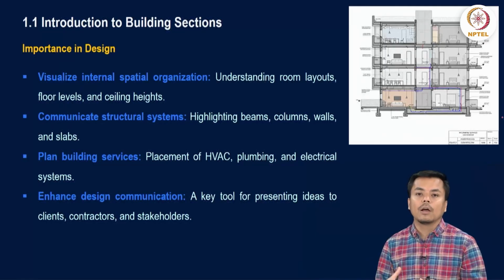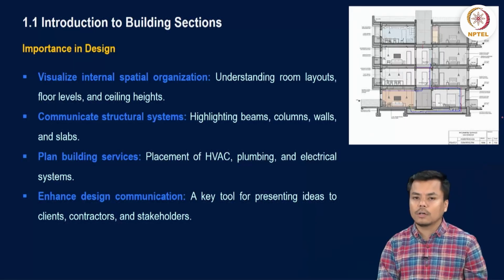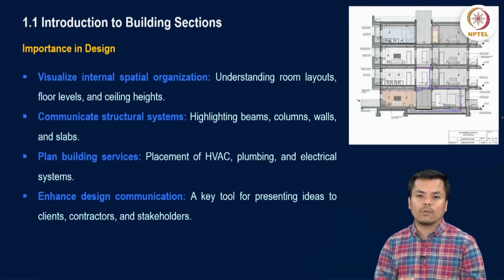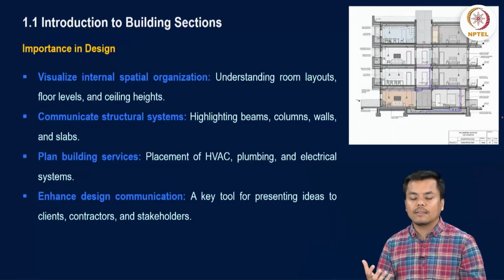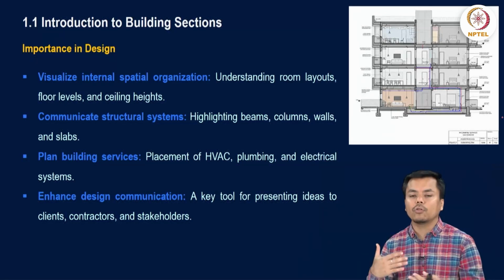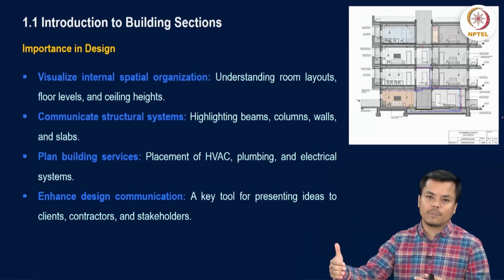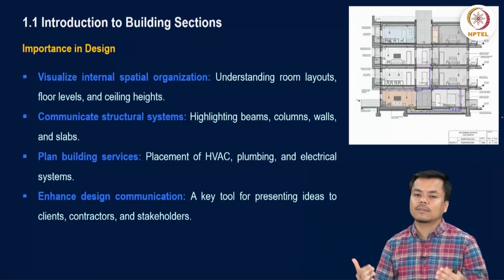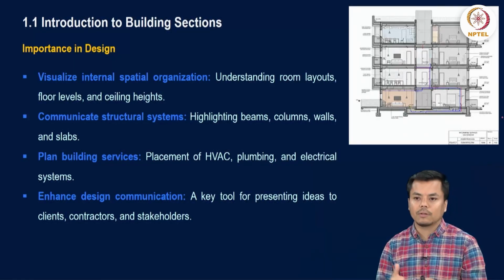The room layout and floor levels are mentioned clearly, because that information you cannot find in your floor plan. It's just the horizontal space layout that is being shown. To understand the vertical layout, the elevation is there, but through elevation you cannot visualize the interior spaces. It's just the exterior facade that will be seen in your elevation, but in your building section the interior layout